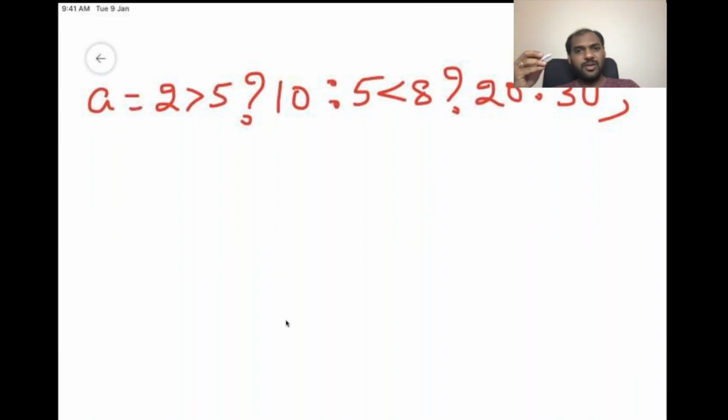But here, if you look, there are multiple question marks and colons. When you have multiple question marks and colons, how will we evaluate this expression?